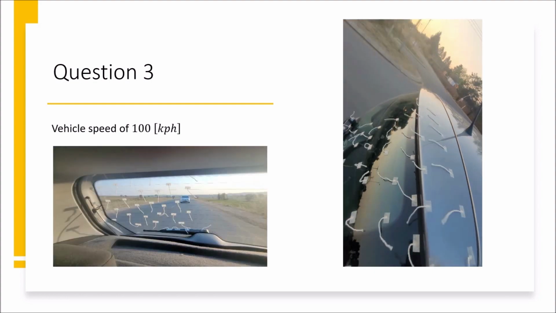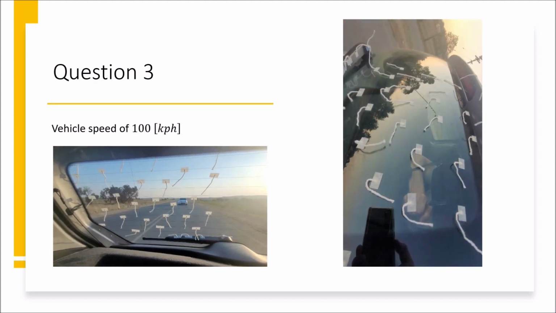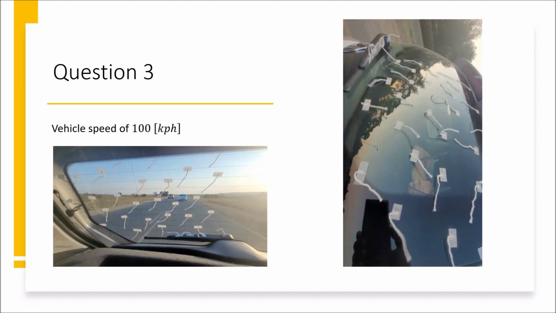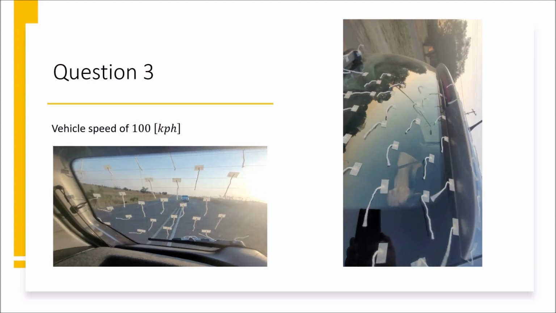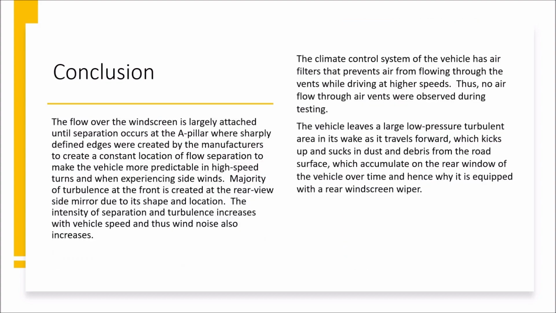The dust and debris stick to the rear of the vehicle, including the rear window, and build up over time, making it hard to see through the rear window. This is an inherent feature of the hatchback shape of the vehicle, and is why the vehicle is equipped with a rear windscreen wiper. In conclusion, the flow over the windscreen is largely attached until separation occurs at the A-pillar,